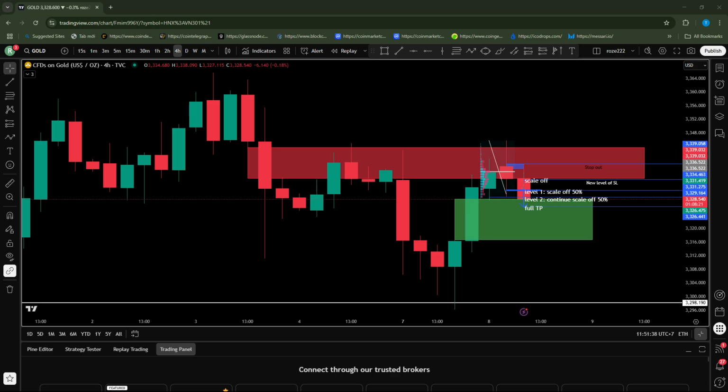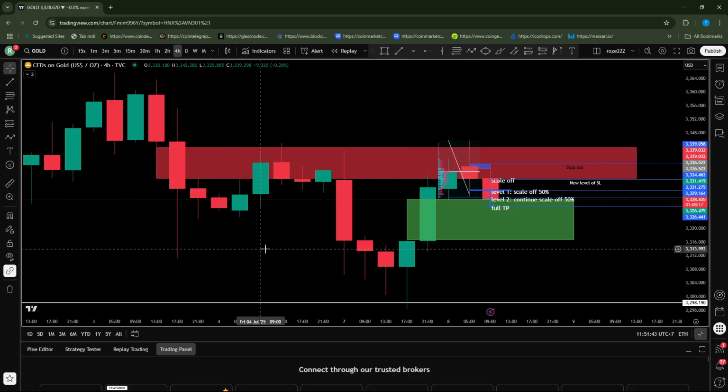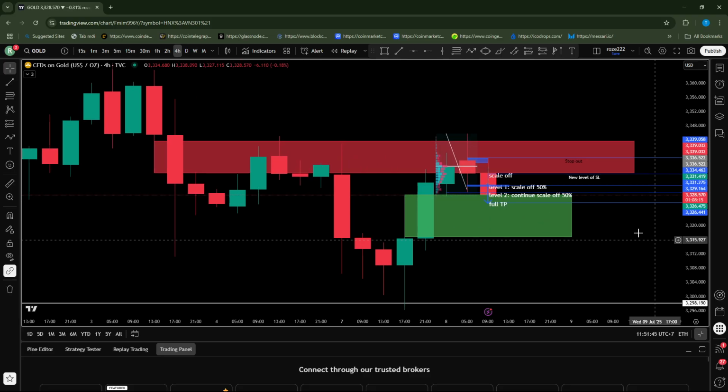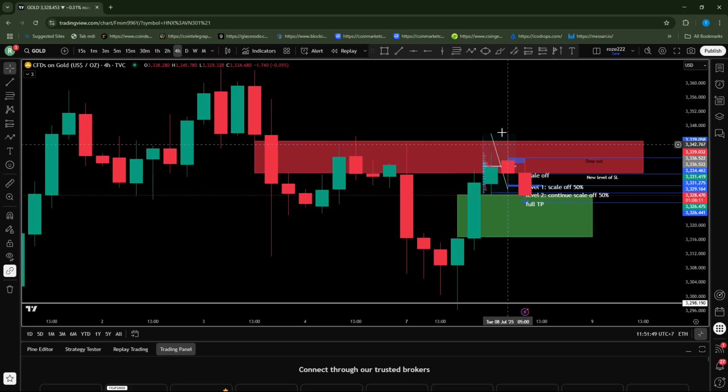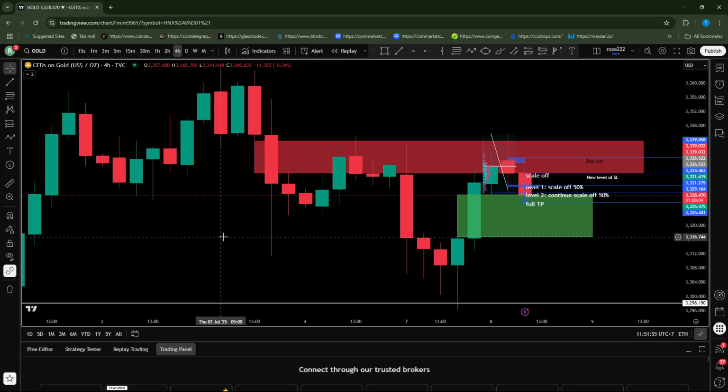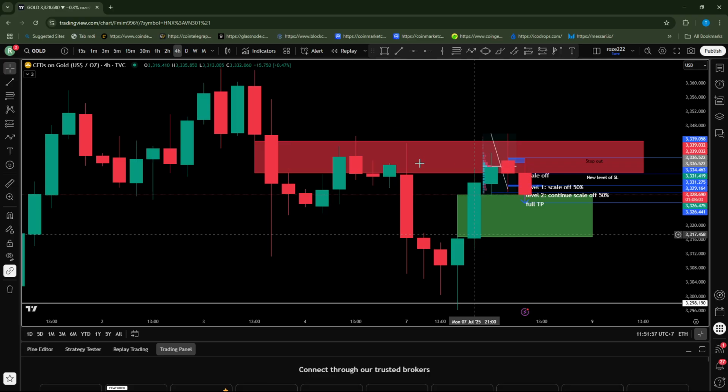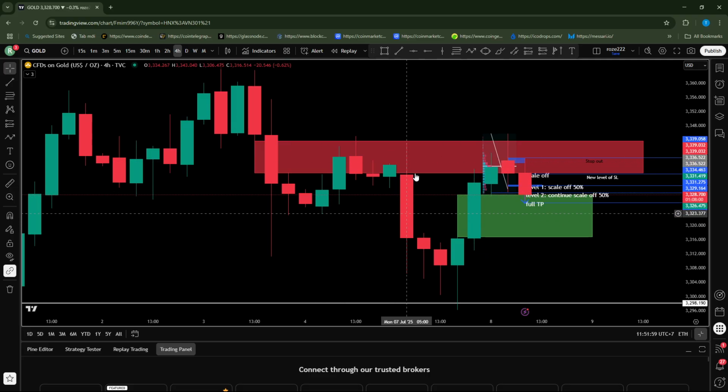So this is on the Gold pair, the Gold trade. The first time I looked at the screen, I could see price rejection with a very solid doji candle on the H4 fair value gap right here. The reason why I don't trade on this other H4 fair value gap is